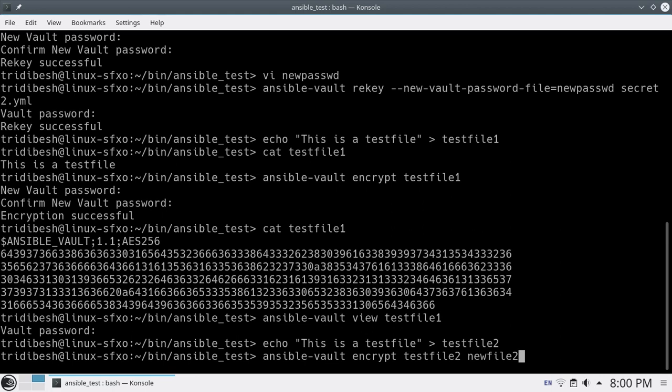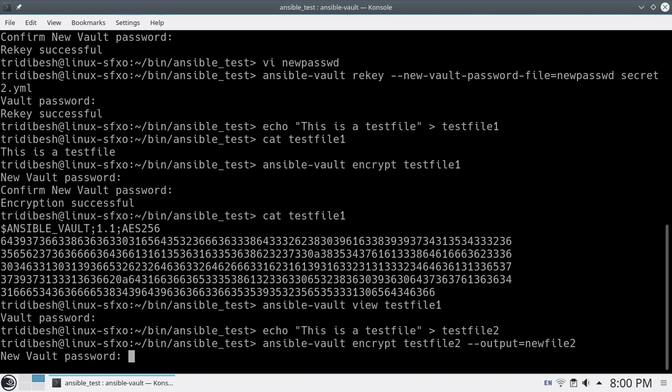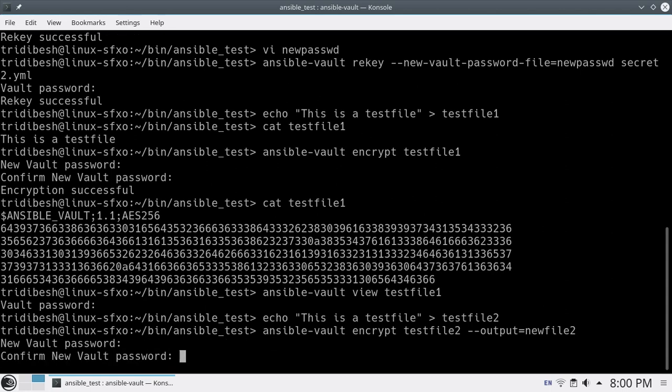Sorry, this should be --output equals to newfile2. So what it will do, it will encrypt testfile2 and create a new file called newfile2. So here again I give pass,123.